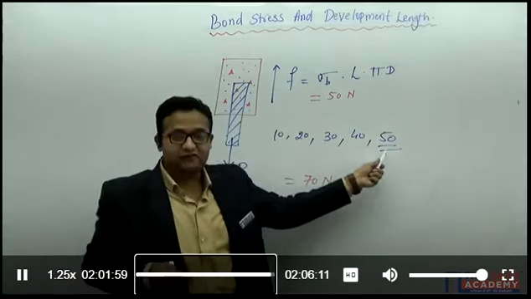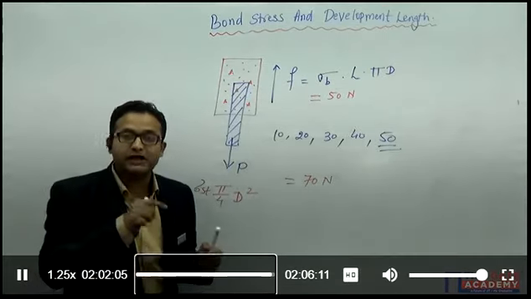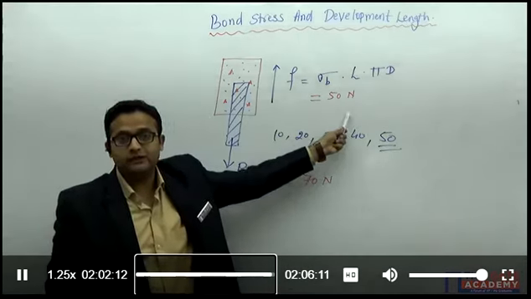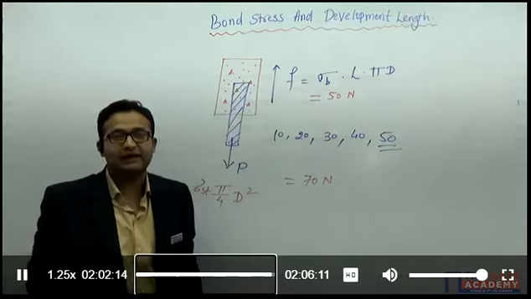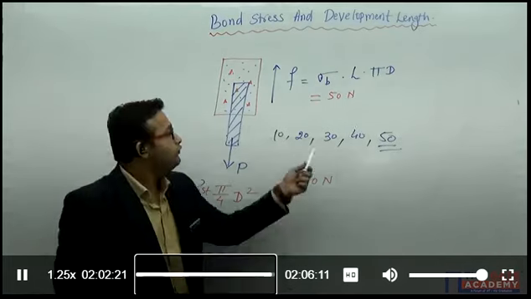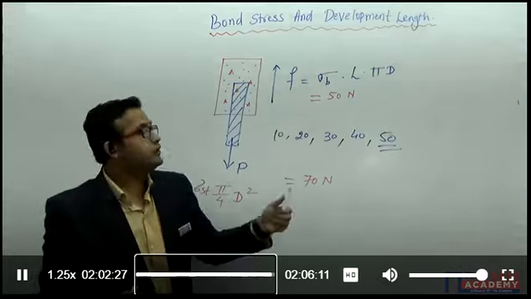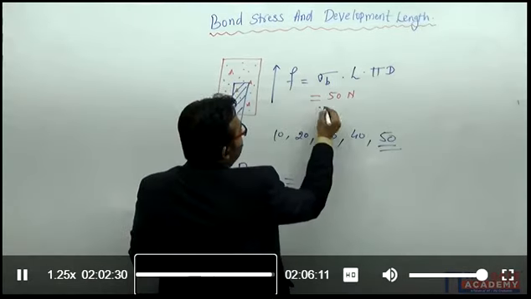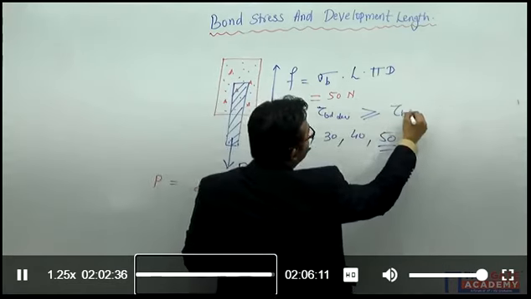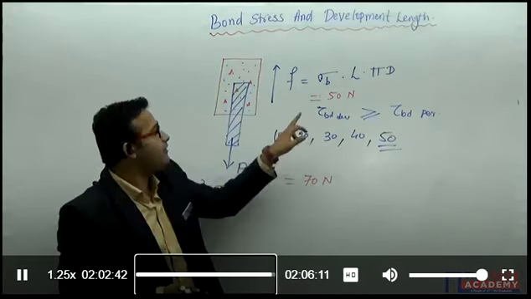So I saw at the 50, if I apply the 50, immediately the concrete collapses because the bond stresses exceed bond strength at this 50 Newton. If I am to make this block in a stable condition, the maximum load that can be applied is P equal to 50 Newton only. We cannot apply 70 Newton because at 50 Newton only it will break. Because here tau BD developed exceeds tau BD permissible. So the maximum value of P is equal to the minimum of these two.